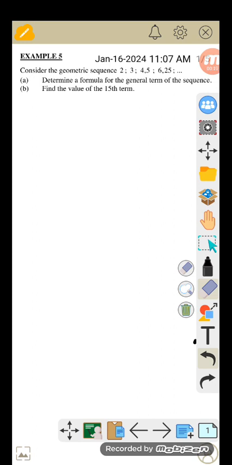Today I'm going to teach you about geometric sequences. Before I teach you, I'd like to share some tips about arithmetic sequences, because there are some things I forgot to tell you. So before continuing with geometric sequences, let's start with arithmetic sequences. In arithmetic sequences, I forgot to tell you that